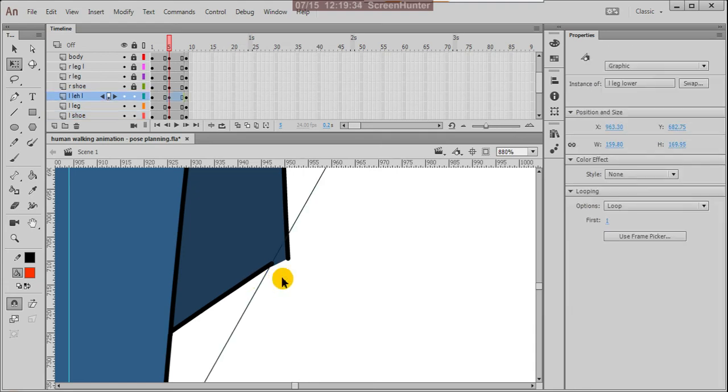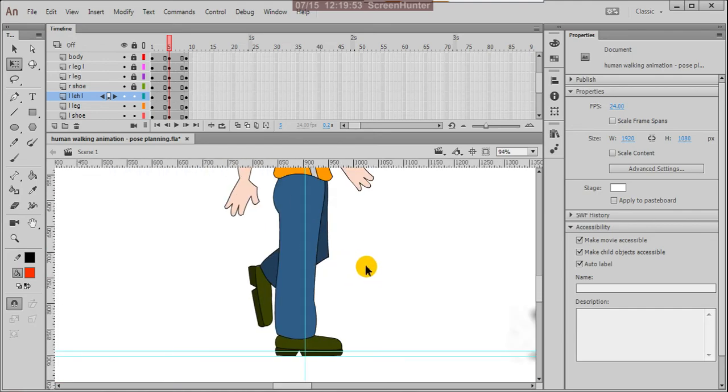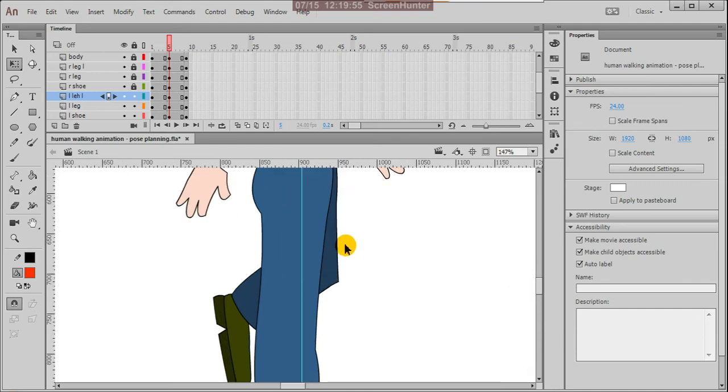So any adjustments if you want to do, make it Control B at that area, and you can extend this up to here, and you can pull back. Yes, perfect.